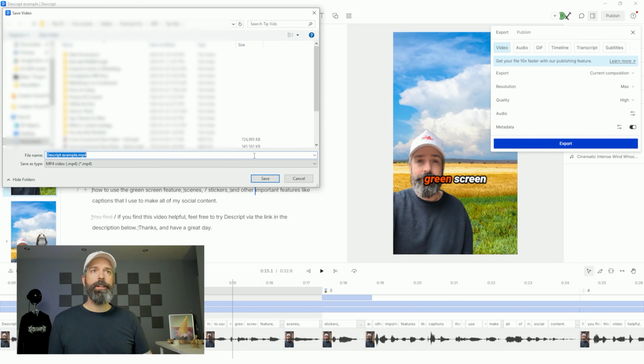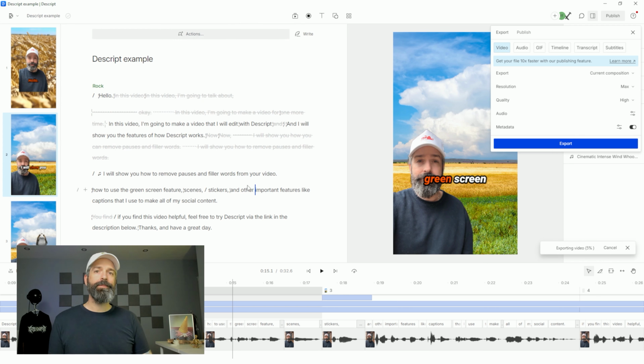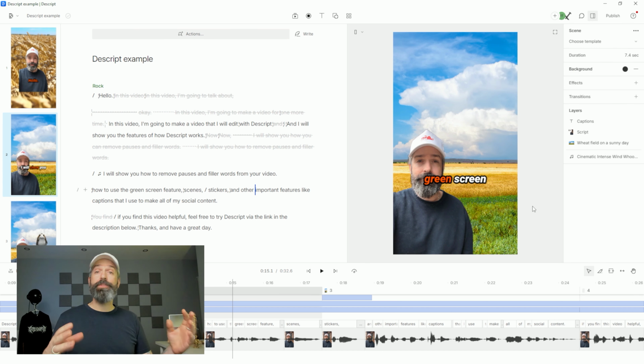It'll bring up a window where you can choose where it goes on your file system, and then you just hit save, and again, wait patiently. It'll give you an update for how the video is being exported right here on the right-hand side. Now that the video has been exported, I can take it and upload it to the platforms where it's